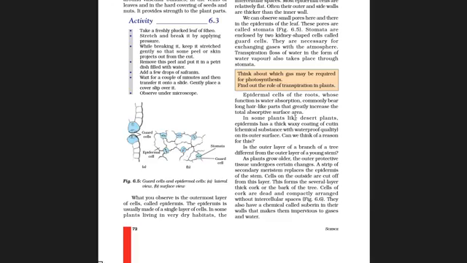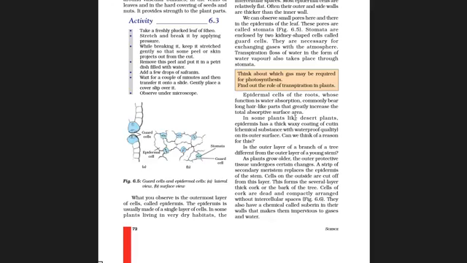I had already discussed with you that in desert plants the epidermis has a very thick coating. Due to this coating, what is going to happen? The outer layer is going to secrete a waxy substance, due to which there is less possibility of microorganisms affecting it.